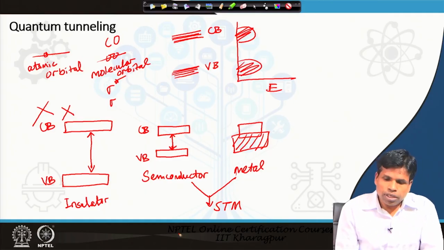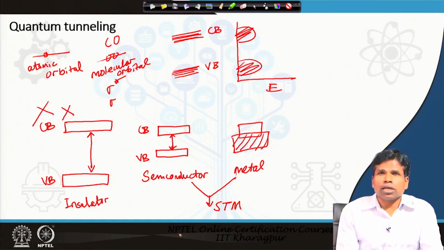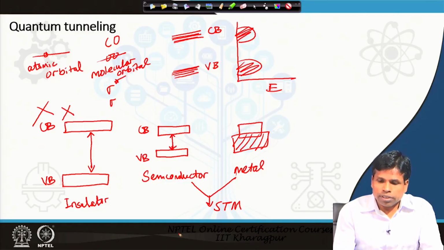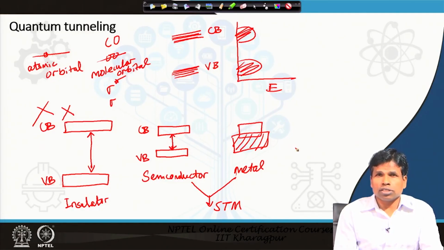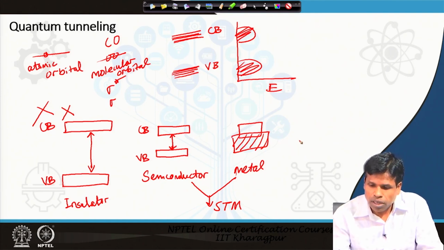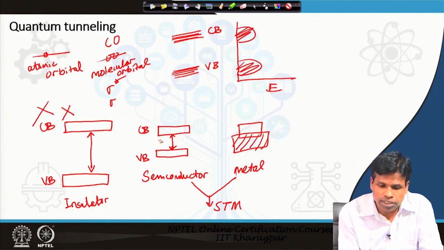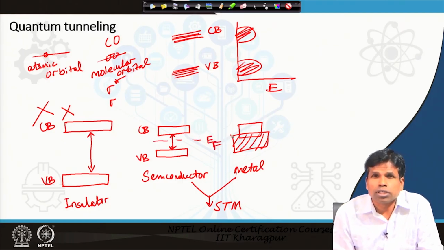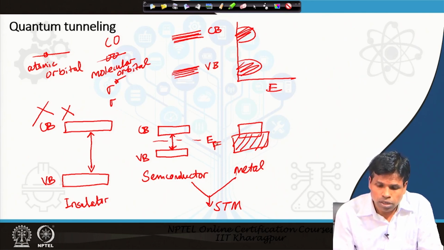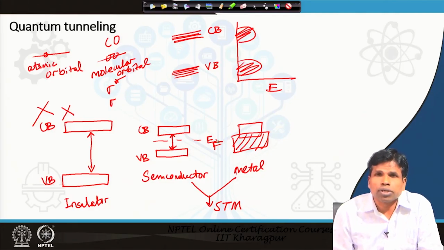Now, in the case of these solid materials, we know there is a surface, and the surface has an electronic structure, and if we want to take out an electron from the surface, then we have to provide energy. We know that in these materials we have a Fermi level, EF. It is a hypothetical energy level at which there is a 50% probability of the electrons being occupied, and if we want to take out an electron from the Fermi level,